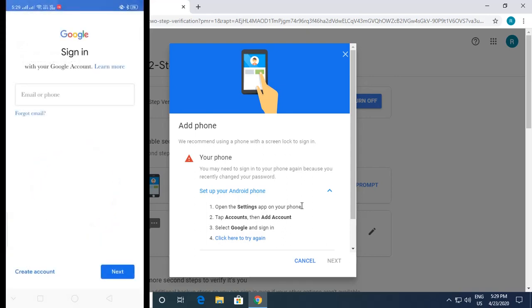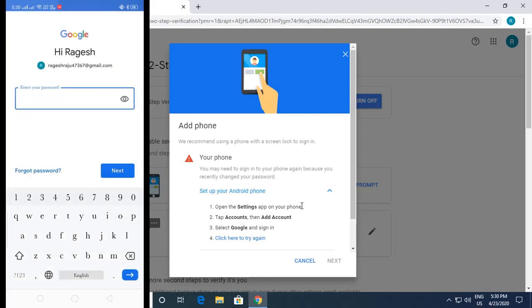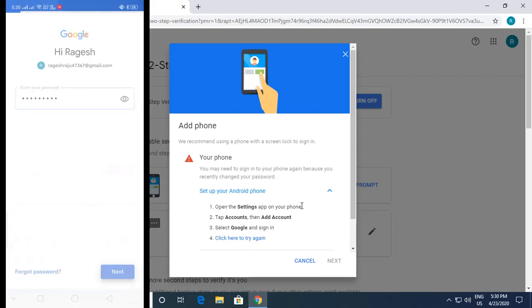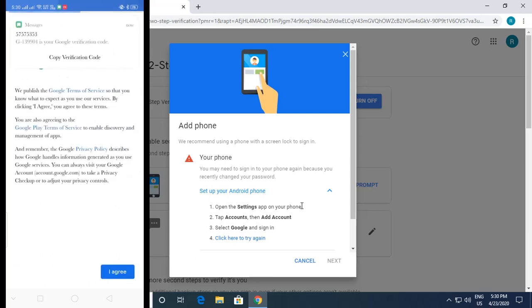Here I am supposed to enter my email ID. I enter my email ID. It is the same email ID which I am using here, so make sure you are entering the same. Click on next. It asks for the password, so I am entering the password. Once it is done, the phone also will check for two-step verification. In the phone, the code will be taken automatically by the phone itself, so you don't have to copy and paste it, or type it again.